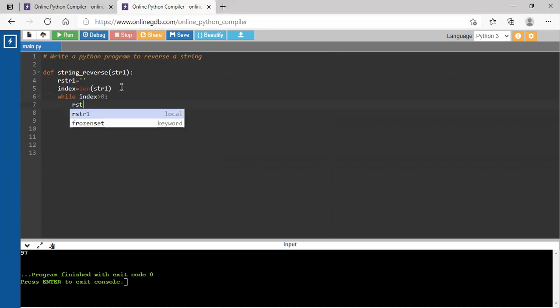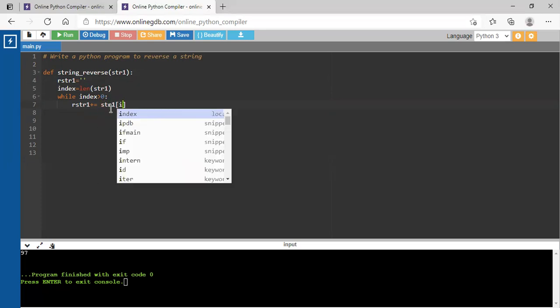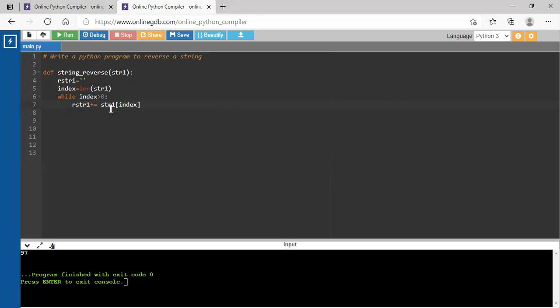So what is done? This output, the reverse string, will be equal to what? Plus equal to. I have already told you plus equal to means this rstr1 is added again with str1 at index -1.